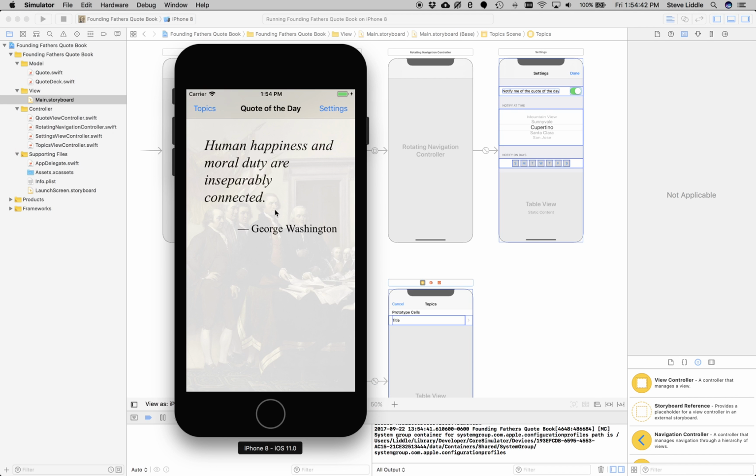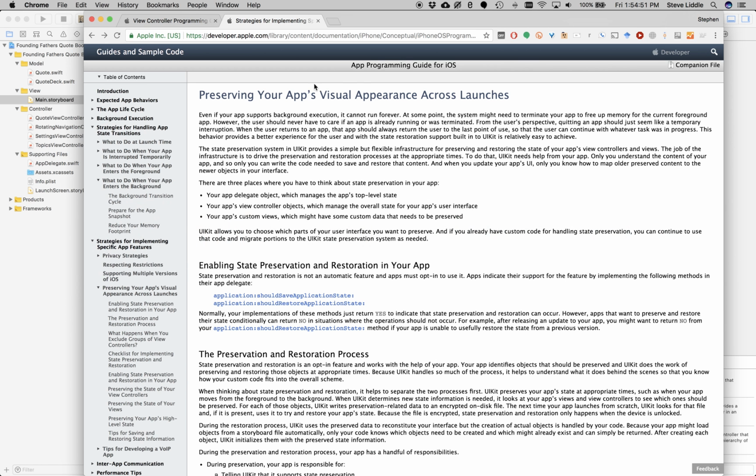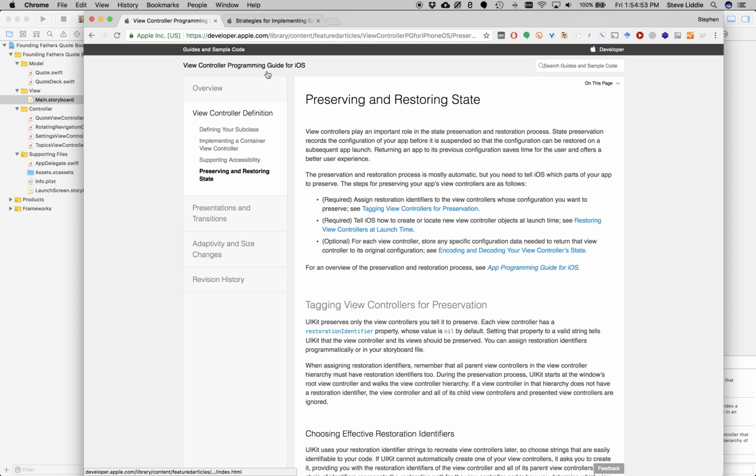Okay, that's where it should be, but no. When it comes live, it loads the original quote of the day. It goes to its default entry point. I'm not saving state. To save state, I need to, so there are two places where I can read about